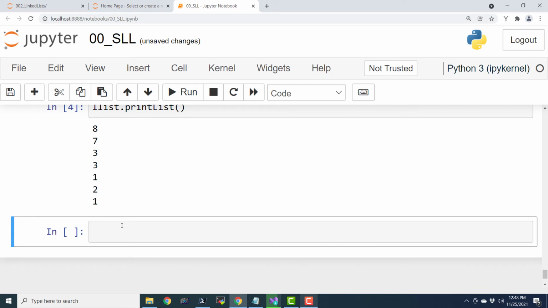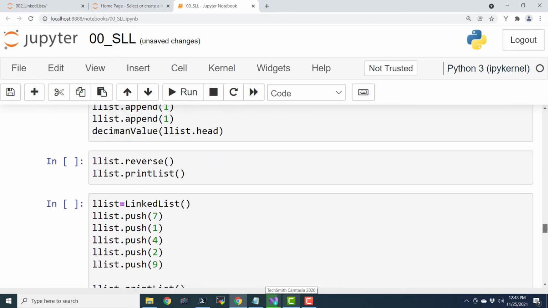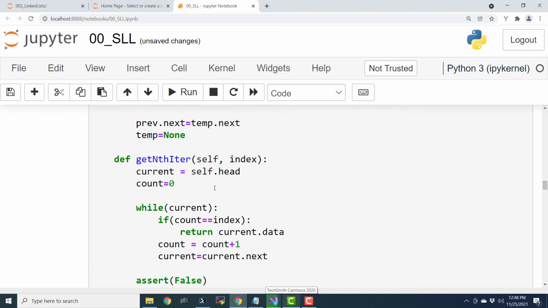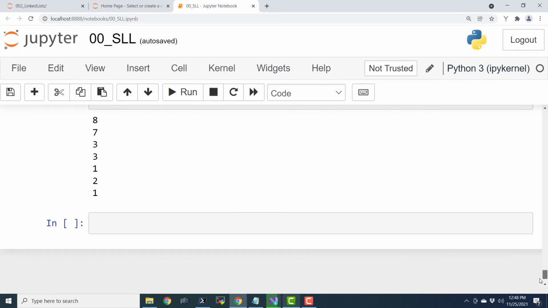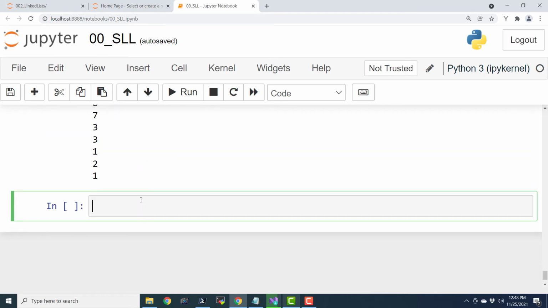Now I want to fetch the node at a given position. Let me copy the name of that routine because I have forgotten it in the heat of explaining. The name of that linked list object is list, and 3.